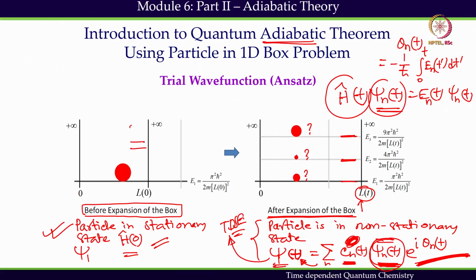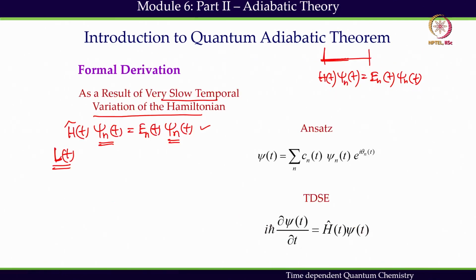These states are not given by H naught, but these stationary states are given by H(t), that is the Hamiltonian at time t. So those states are orthonormal to each other. So I can write down that